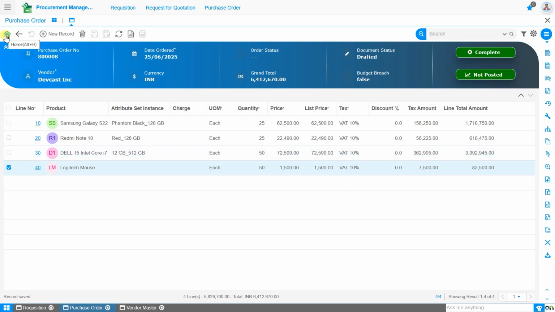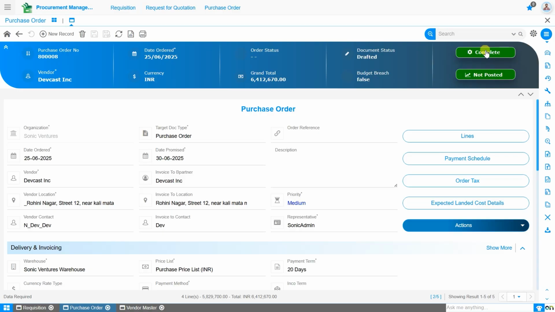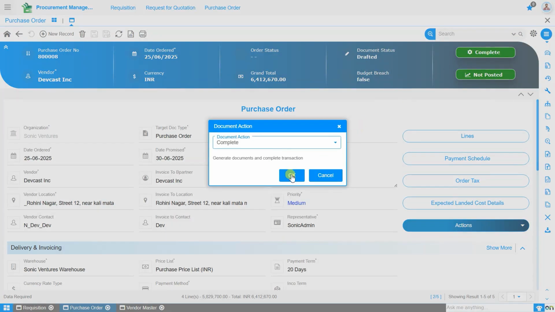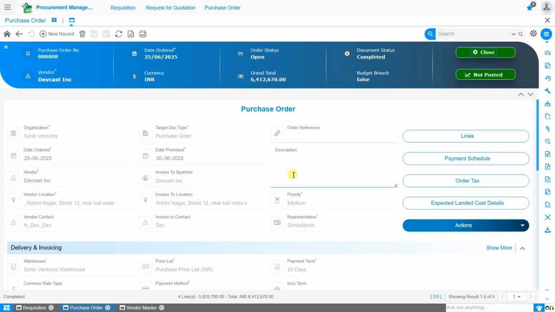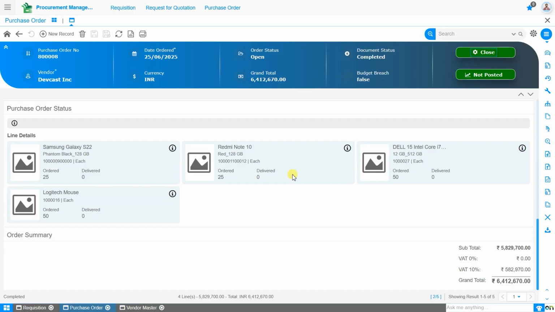After verifying the line details, navigate to the Header section and click Complete within the Header panel of Purchase to finalize the record and proceed with the next steps in the process. Confirm the completion by clicking OK on the confirmation prompt. Once the purchase order is completed, the order status is updated to Open, and the document status becomes completed within